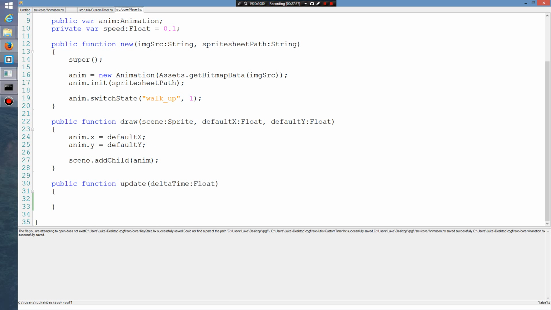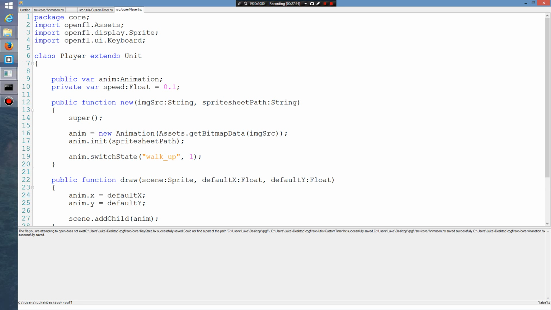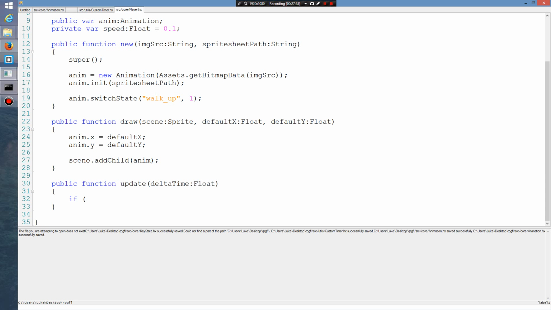Right, so if we go back to our player, we're now going to actually use the key state in order to determine whether or not we are moving up, down, left or right, and then change the animation accordingly. So, we don't even need to import it because key state is in this folder, so that's fine. So I'm just going to say if key state is key down, right, and then I'm going to pass in keyboard.w, so if we're going up,